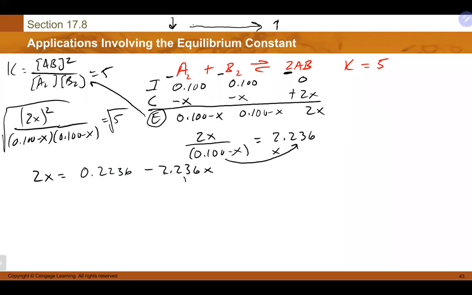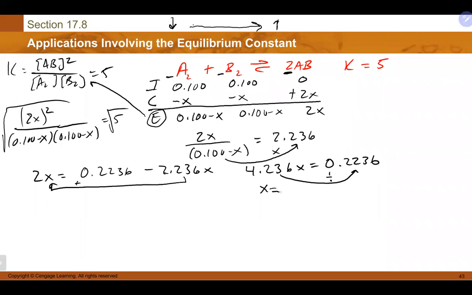At this point, we're going to add the X to the other side to combine, and we end up with 4.236X equals 0.2236. Lastly, we're going to divide to the other side, and when we divide, we will end up with an X value of